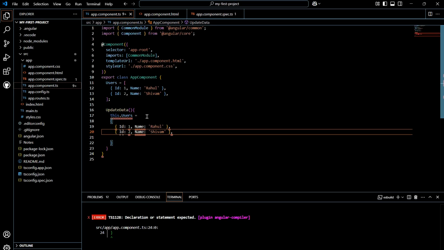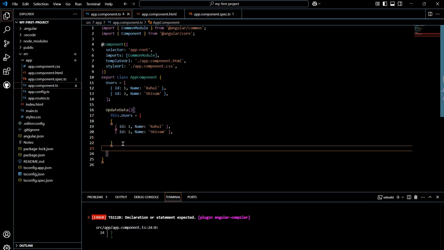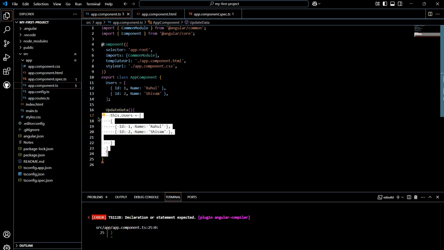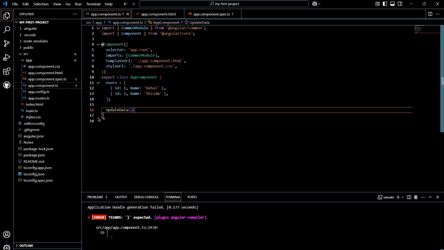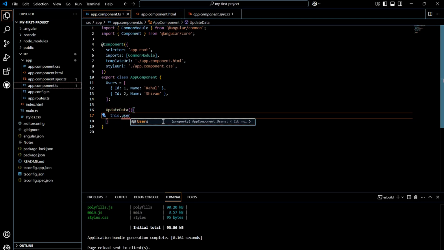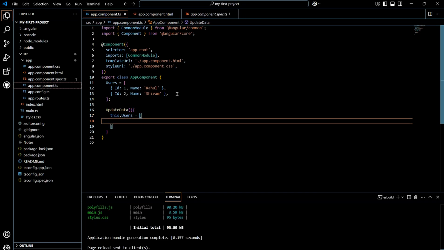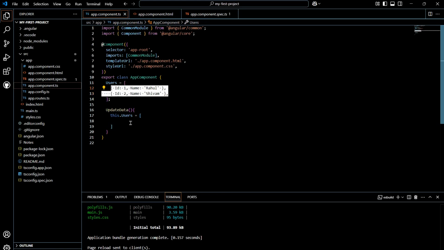This dot users equal, then we need one square bracket. Let's cut it from here and put it after this. Okay, let me remove it. Mismatch is there. Okay, so let's add this square curly braces. Inside this we will write this dot users equal square bracket, then we will paste this value,